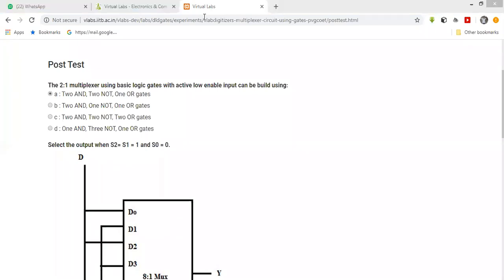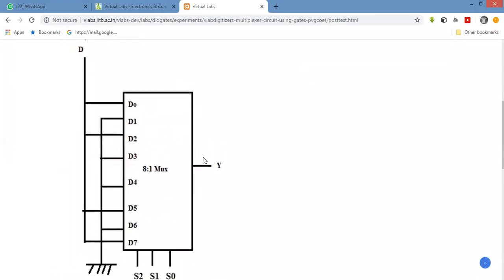What is the value of 110 in binary? Yes, it is 6. It is an example of an 8:1 mux, and for the select line 110, that is D6.